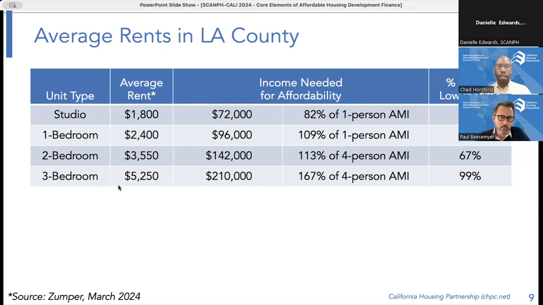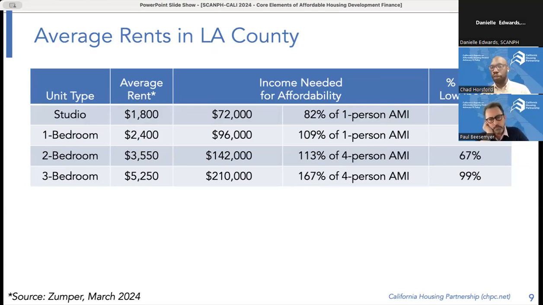So focusing on 3-bedroom units, in order to support affordable rental payments of $5,250 a month, you'd have to be earning $210,000 for the year in order for these rental payments to be no more than 30% of your income. That's a huge amount. We're comparing it to the average median income. That means you have to earn 67% more than the median income in order for the average 3-bedroom rent to